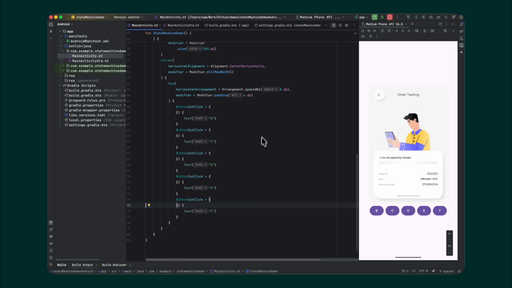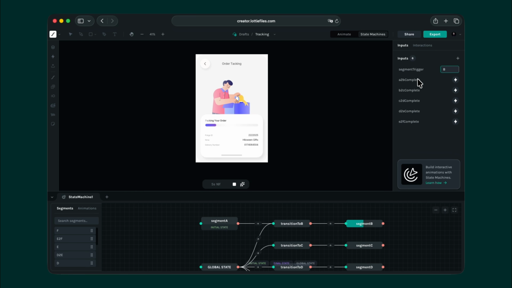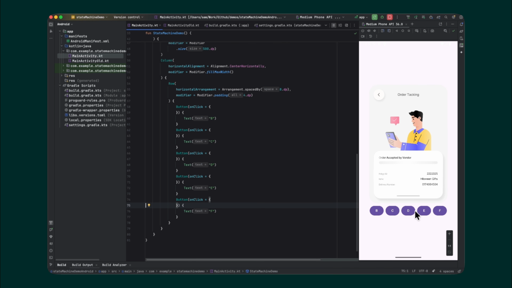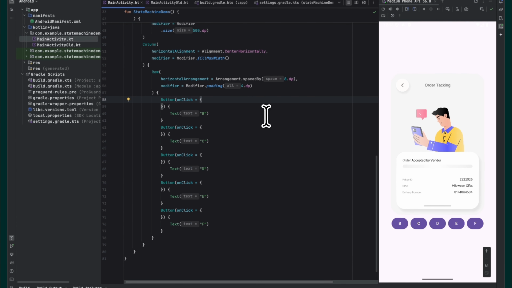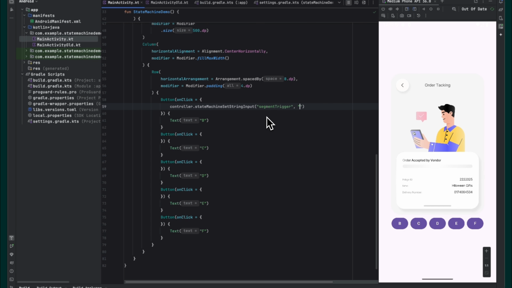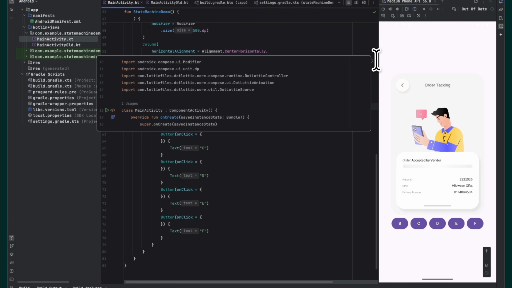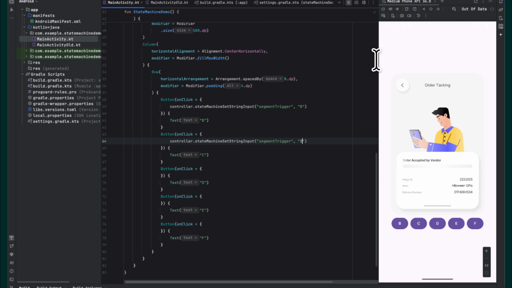Okay, so let's make some API calls. So here I've manually set up some buttons to change segment trigger, our input, to the different letters, which will then change the state for us based on our state machine configuration here. Might not be the prettiest way. In a real case scenario, you would need a notification from an external API and then call these exact same methods we'll be using now. So I'm going to call controller, state machine, setStringInput, segment trigger, the name of our input, and then its value. So B, and then C,